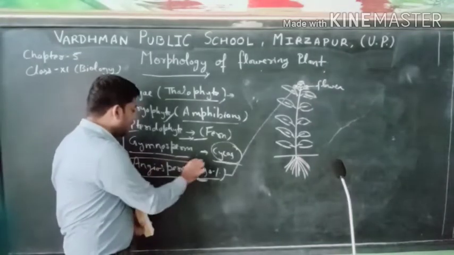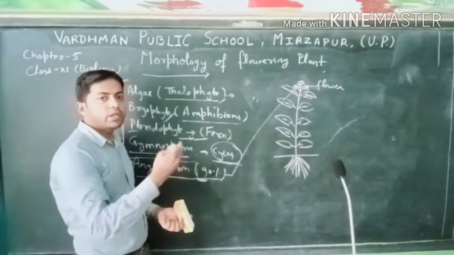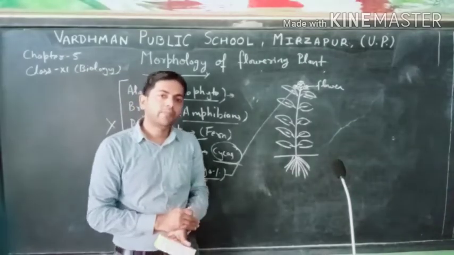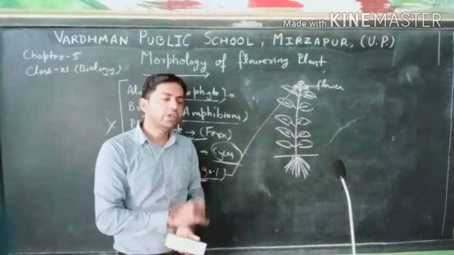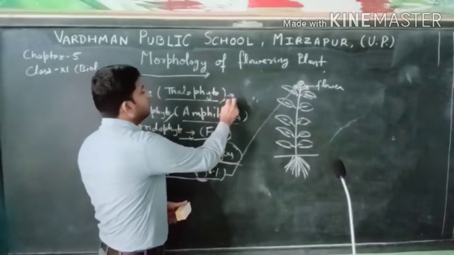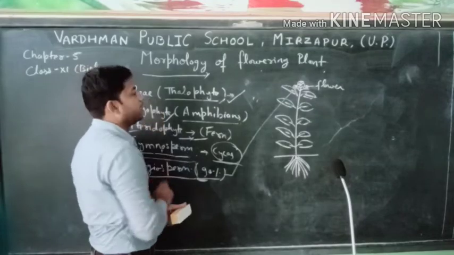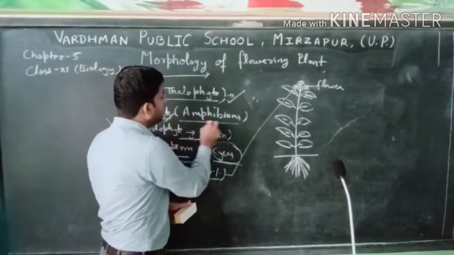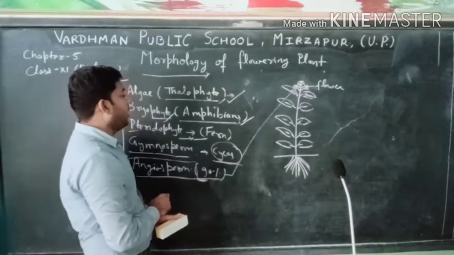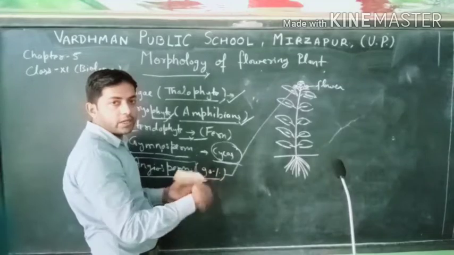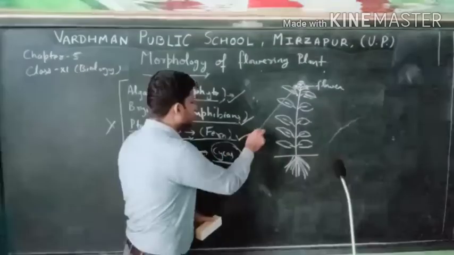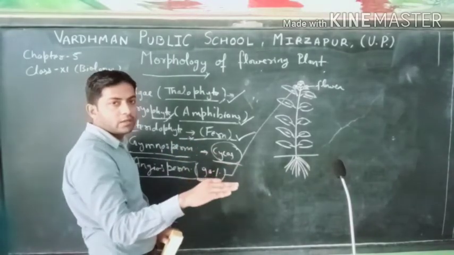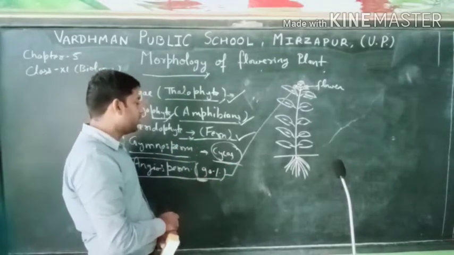Why are these plants present at 90 to more than 95% in our environment? Because in ancient times, when the earth originated, the good condition for survival was for algae. Then the environment changed again, so the whole earth was covered with bryophyte. Then the environment changed again, so the whole earth was covered with pteridophyte plants. They covered the complete land of the earth.